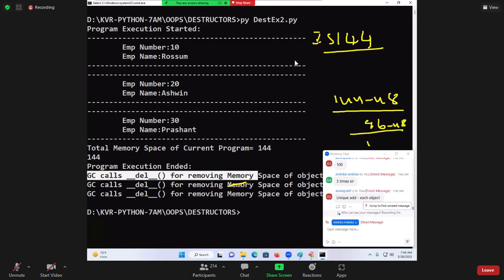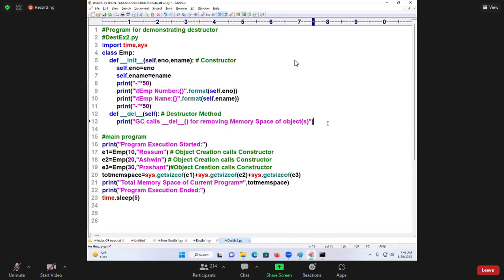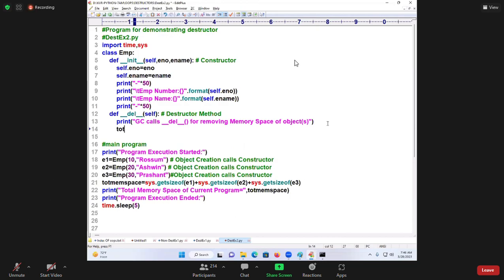When second time calling, what is the memory space removed again? 48. What is the memory space left out? When third one is calling, what is the memory space it has with the program? 0 memory space, because it is removed everything. So that I want to show you. How do you do, students? I say TOT memory space is equal to TOT memory space